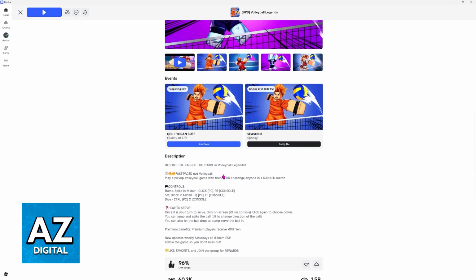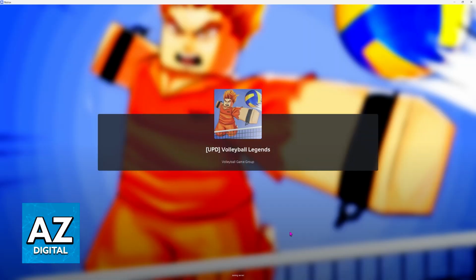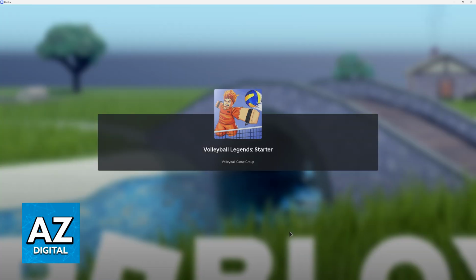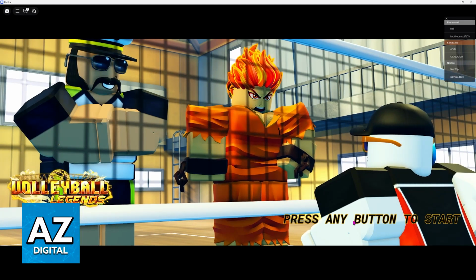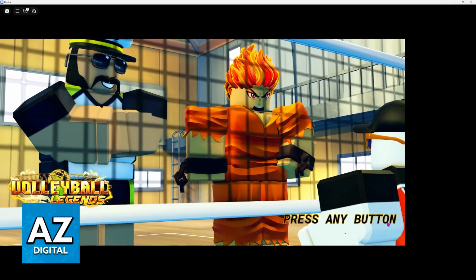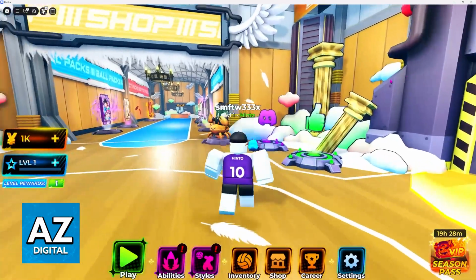You can click on PC for bump or spike in mid-air. You can press Q to set or block in mid-air, and you can dive with control. So all that you have to do now is choose the option to join. I'm not sure if this game offers private servers, but you can check by scrolling down and choosing the servers option at the bottom.